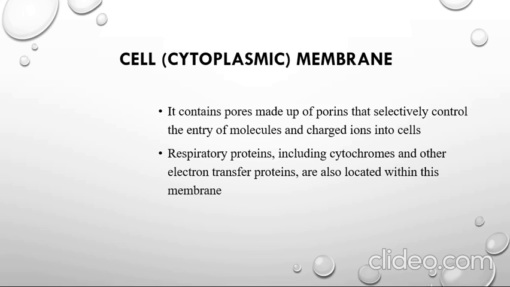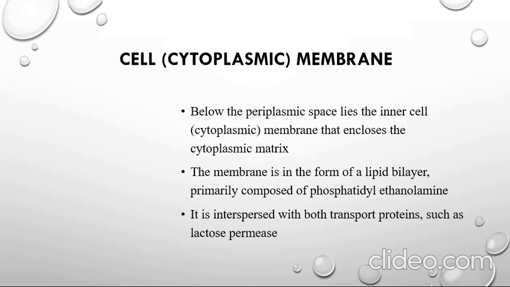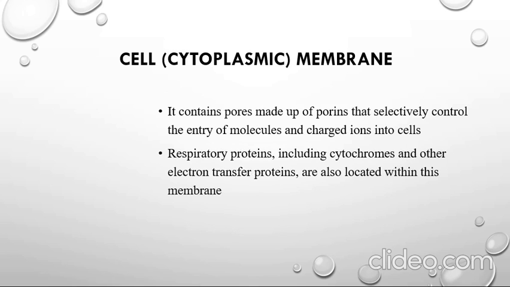So the majority of the important transport proteins are present here. This is the role of the cytoplasmic membrane, that the majority of the transport proteins are present within this membrane, and some of that porin-like structure. The second role is to keep the cytoplasmic matrix intact within the cell. So these are the key